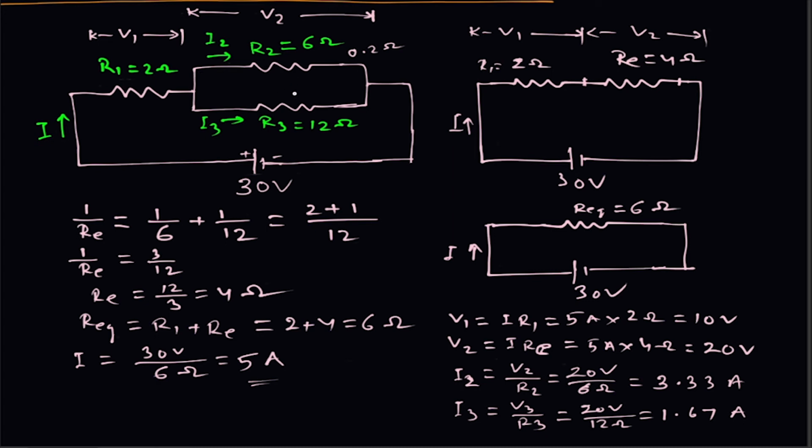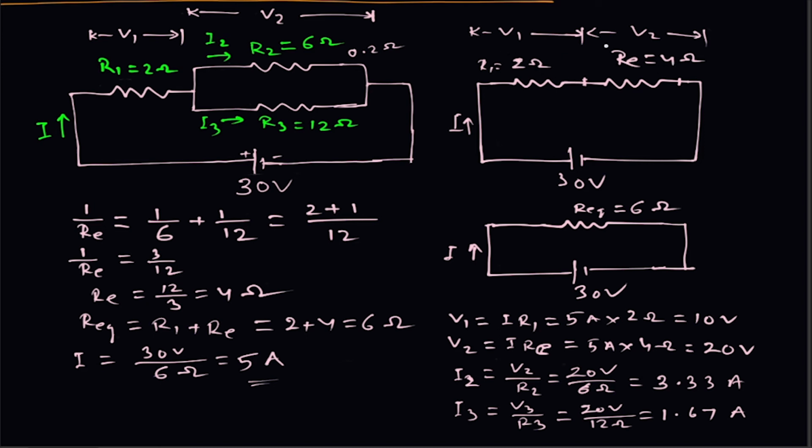You can see that the combination of these two, 0.2 ohm and 12 ohm, what will be RE? In this case RE will be nearly 0.2. It is less than 0.2, but as the difference between the resistances is wide, we can say that the resistance is nearly 0.2 but slightly less than 0.2. Okay, because the equivalent of the parallel is always less than the component resistances. Now this 0.2 ohm resistance will be in series with 2 ohm. This 4 ohm is replaced by 0.2 ohm.